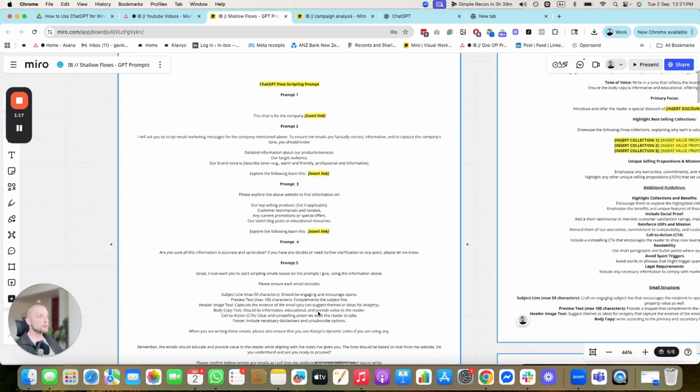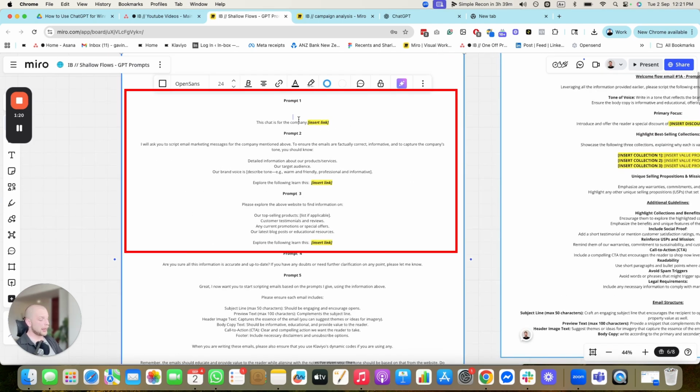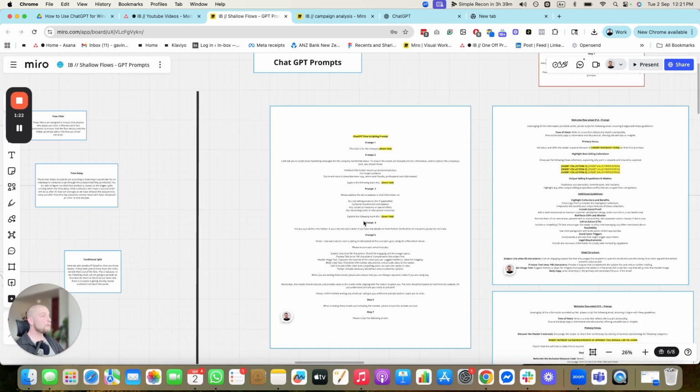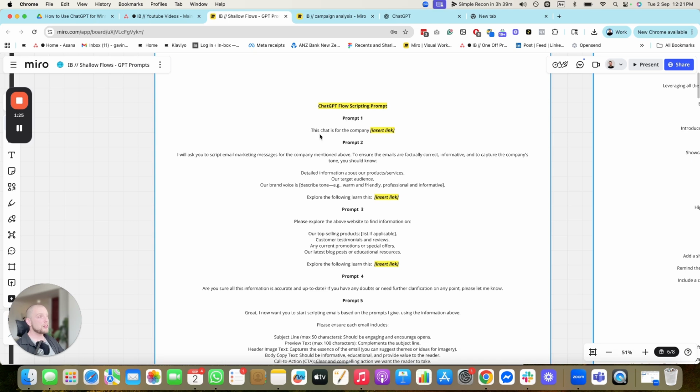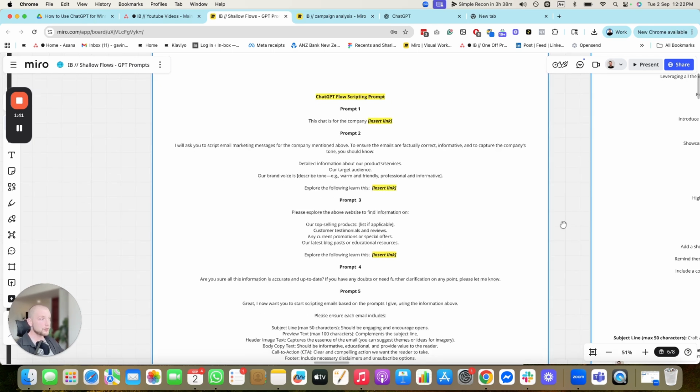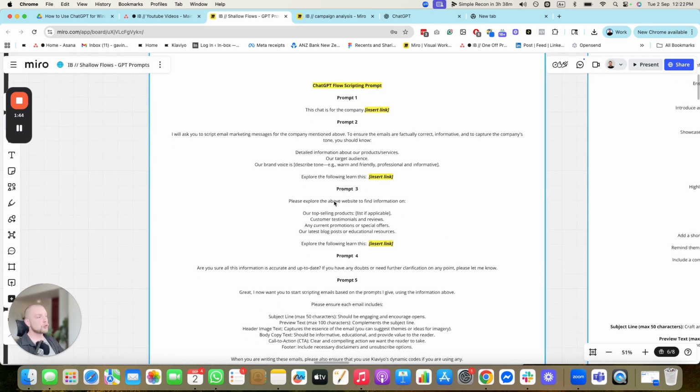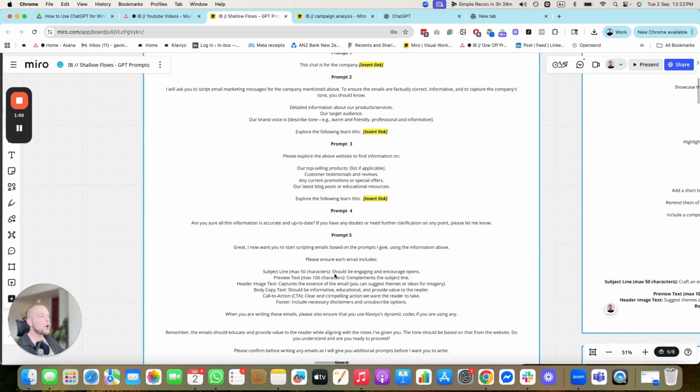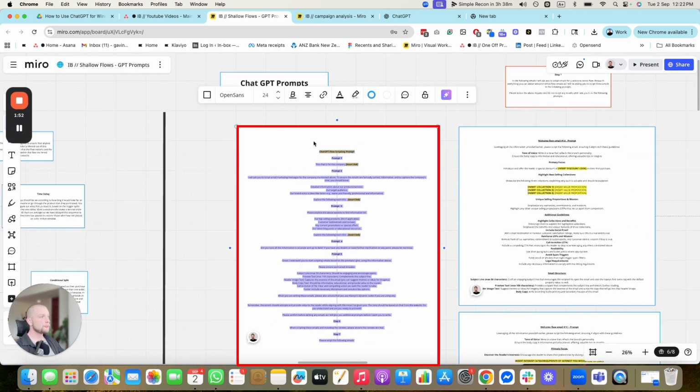So you can literally take this prompt here, and this prompt here analyzes and scripts emails based off of the instructions that are within it. As you can see here, this chat is for company, and then you'd replace your company name, and it's going to tell you, hey, look, I'm going to ask you to script some emails, make sure they're factually correct, explore the following to learn this. You can give it the website link or brand guidelines. If you have a link for a PDF document, you can send it in there too. And then you can also insert all this important information about customer reviews, testimonials, promotions, blogs, top selling products, all that good stuff. So you can take this here, you can literally copy this whole prompt